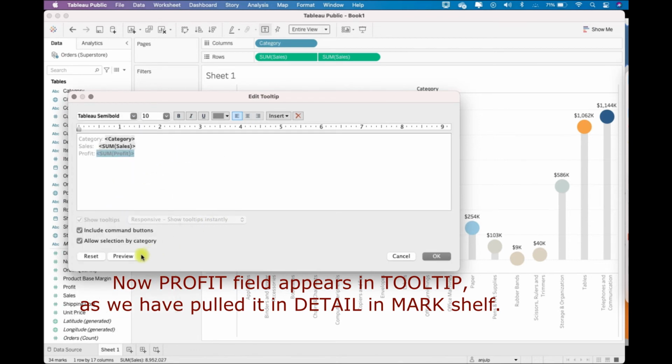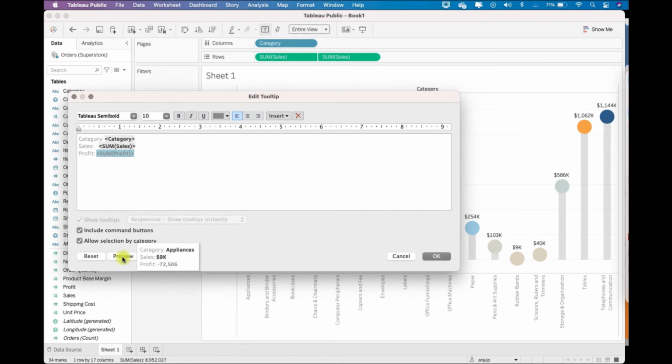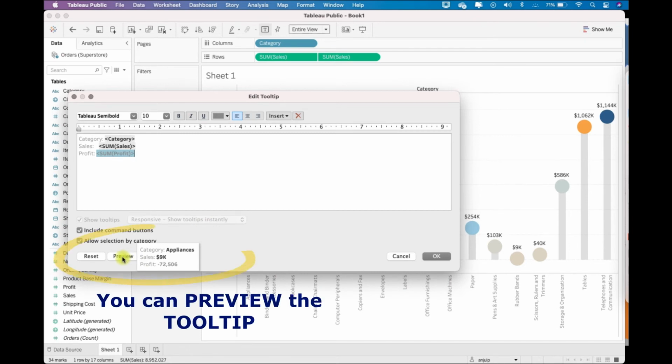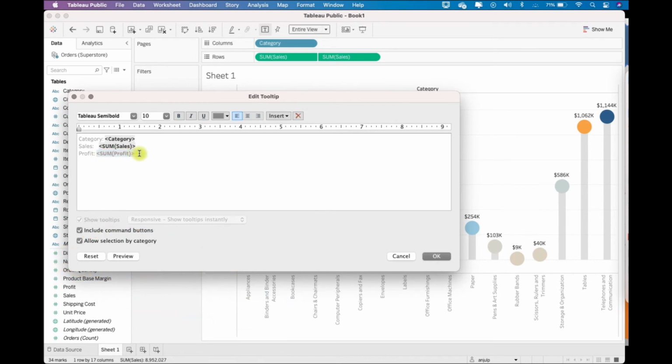You can preview your tooltip over here. The color is light, so let me change the color. This color should be black. But this is not displaying in thousands, right?